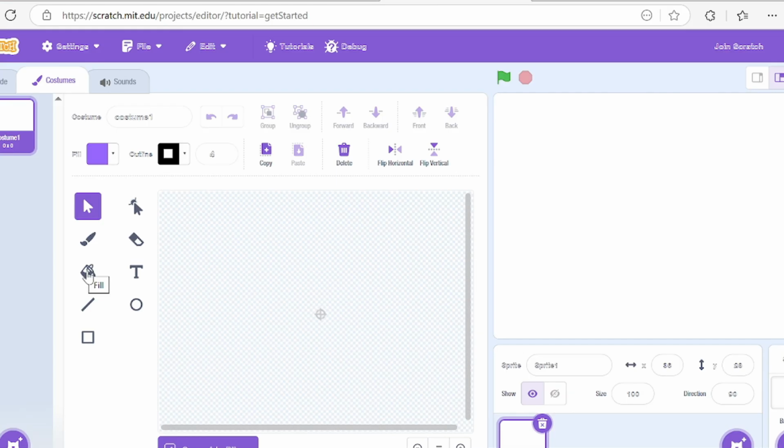This is the fill bucket. You can use it to fill any drawing you have made, even a freehand drawing. You can use it to color it. And this is the text icon. You can use it to type in words, what you're creating. This is the line. You can use it to draw a straight line, whether horizontal or vertical. And we have the circle and the rectangle icon. Now we're going to start with our drawing. For this drawing, we'll be using the circle icon. So let's pick the circle icon